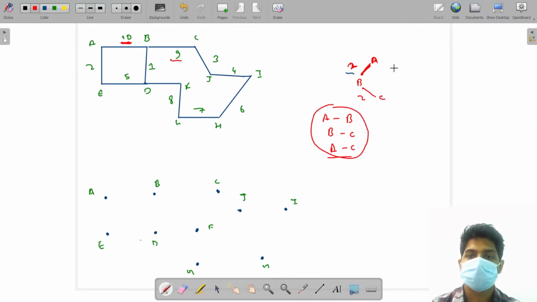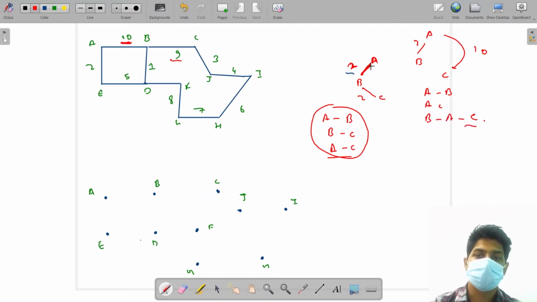Okay, one more option is there. This was originally our graph: A to B, B to C, and A to C. This was 2 units, 2 units, and 10 units. So we removed the connection from A to C. So instead of that, now let's remove the connection from B to C. Okay, now let's remove that one. So if I remove this particular connection, this is also a valid graph. Okay, here also I am able to reach all other nodes. Like I am able to reach from A to B, I am able to reach A to C, and I am able to reach B to C also via the path B to A and A to C.